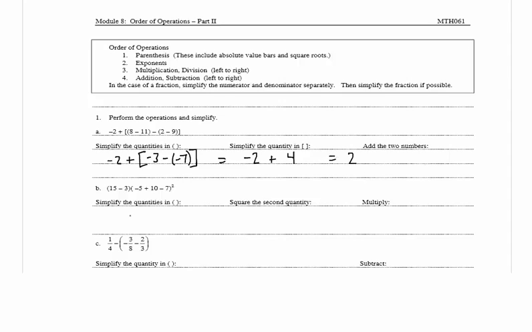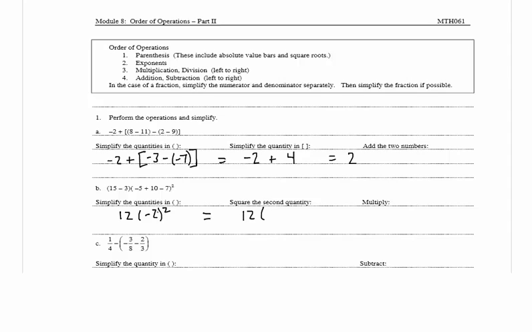In B, we have 15 minus 3 times negative 5 plus 10 minus 7 squared. And the first thing it wants us to do is simplify the quantities in the parentheses. 15 minus 3 is equal to 12, times negative 5 plus 10 is 5, minus 7 is negative 2, and negative 2 is squared. And now we want to square the second quantity, so we're going to have 12